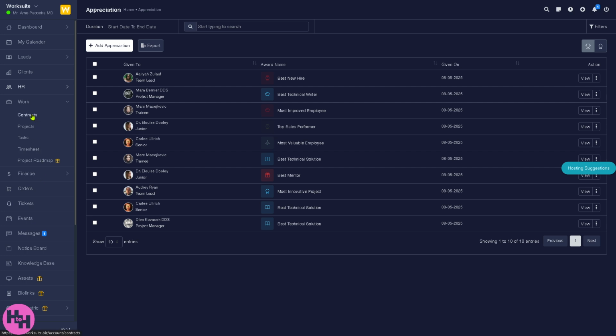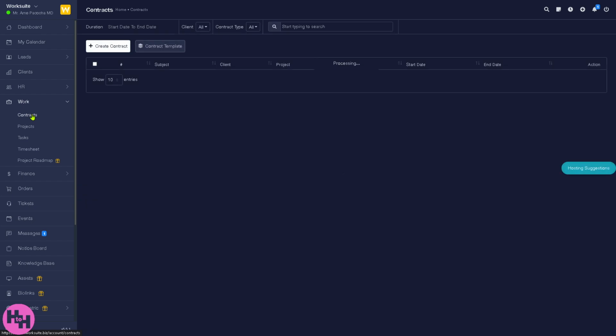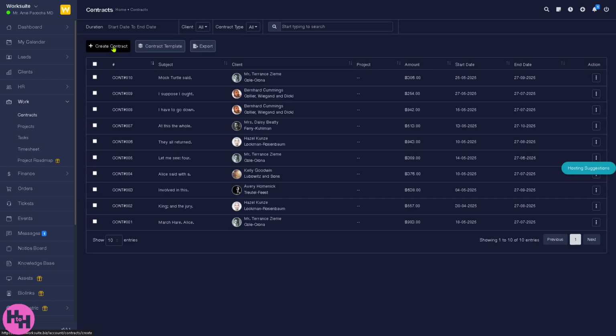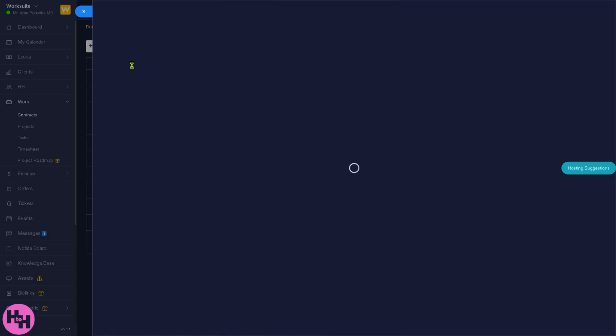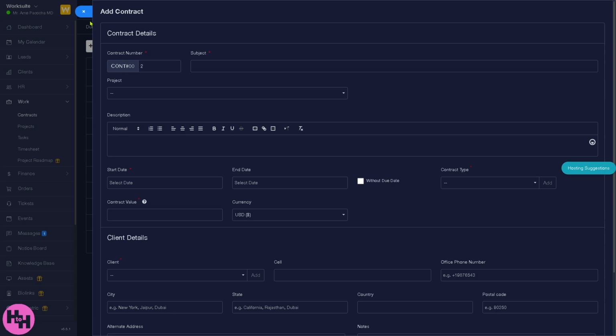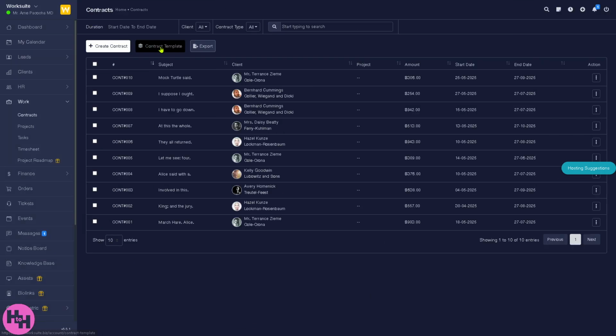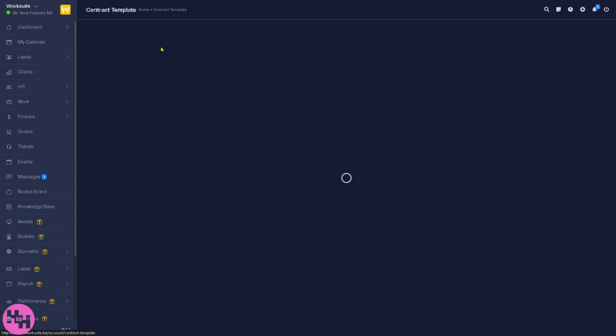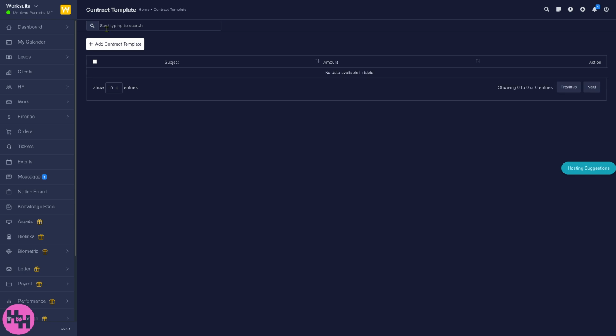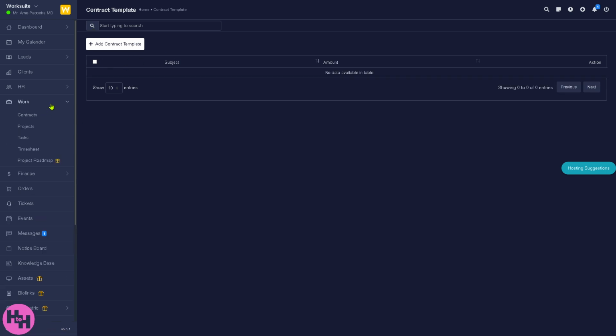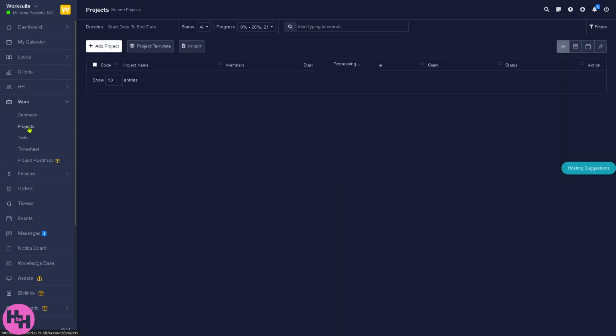You have the contracts. These are going to be agreements with clients, vendors, or employees. If you want to add a new contract, it's very simple. You can click this small button right here and you can have that. But if you want to use some of the contract templates that are provided by Worksuite, you can also do that. All right, so after that, there's going to be the projects wherein you can manage and organize multiple